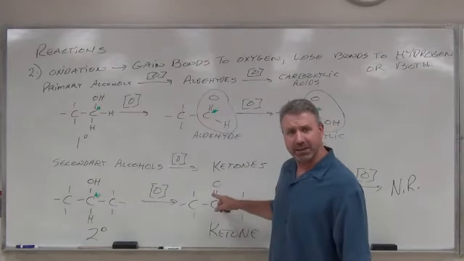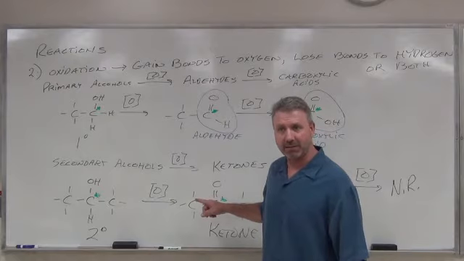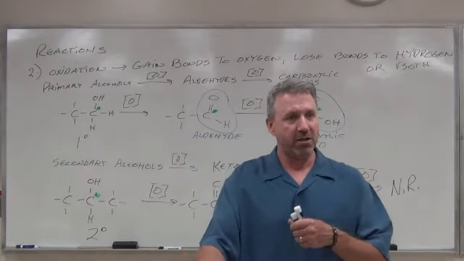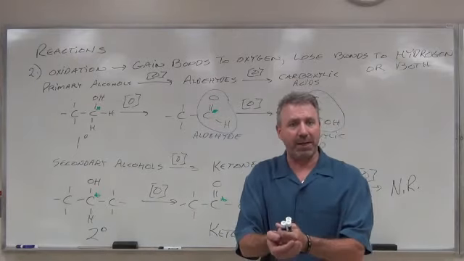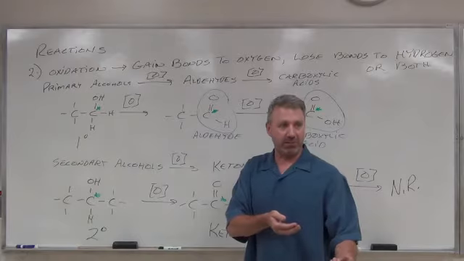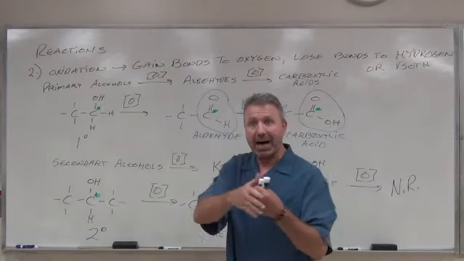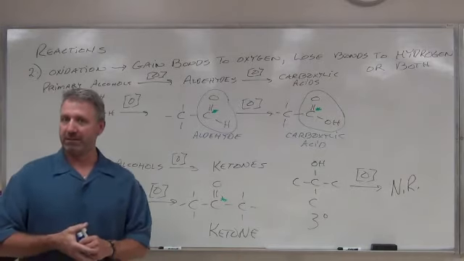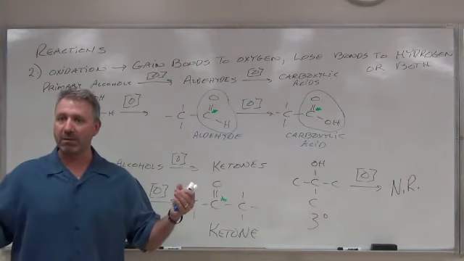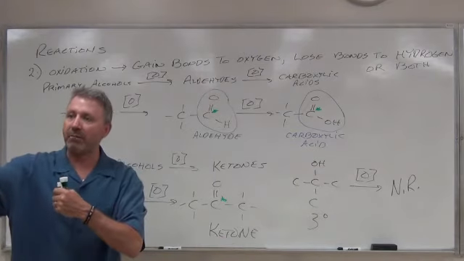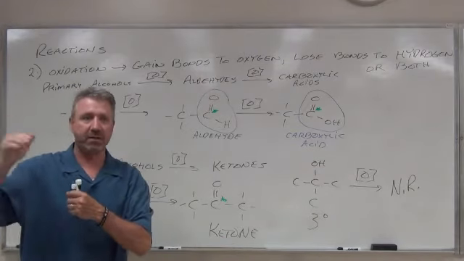Look what was happening when we were oxidizing. We were forming additional bonds to oxygen, right? At the expense of bonds to hydrogen. So we were forming carbon-oxygen bonds, but we were breaking carbon-hydrogen bonds. The carbon-oxygen bond is stronger than the carbon-hydrogen bond. That's why it works. The weaker bond, CH, is broken, and the stronger bond, CO, is formed.